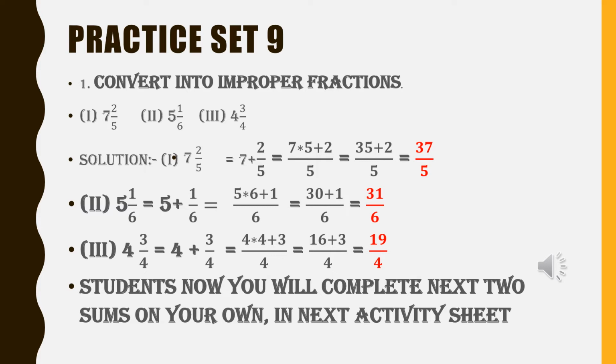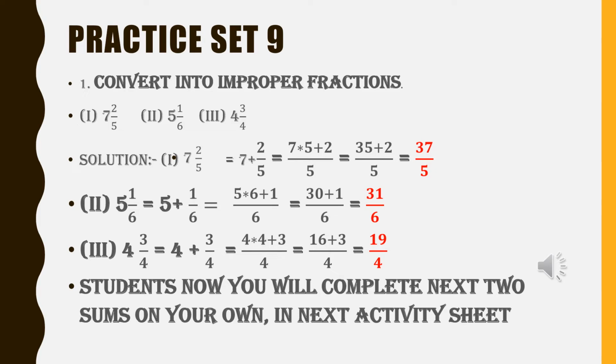So here, whenever we convert a mixed fraction, that means where we have a whole number as well as a fraction. You can see here the first example, 7 and 2 upon 5. So 7 is a whole number and 2 upon 5 is a proper fraction. So it is actually a mixed fraction. It has got a whole as well as a fraction. So when we simplify this, we will get an improper fraction where the numerator will be greater than the denominator. So let's see the first example.